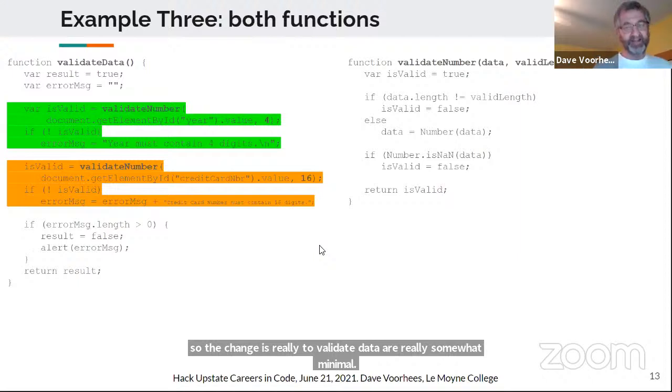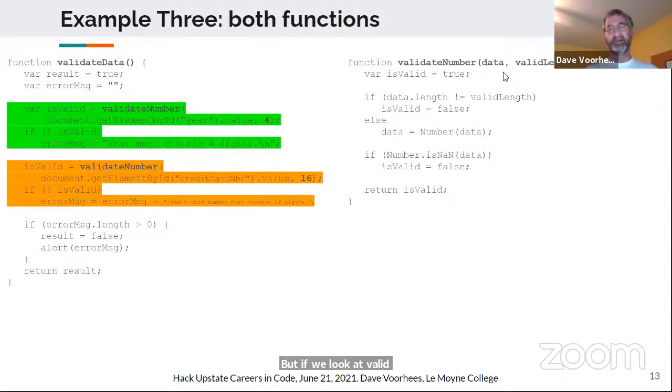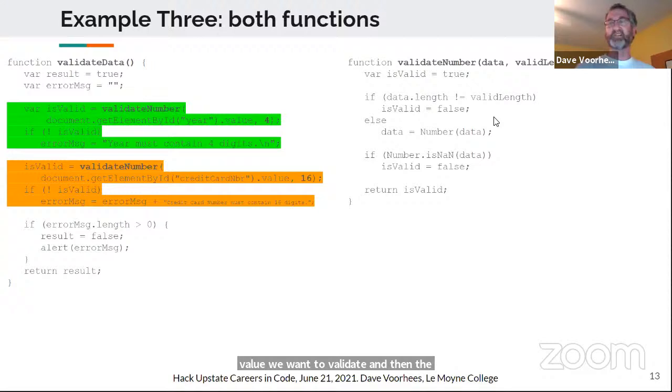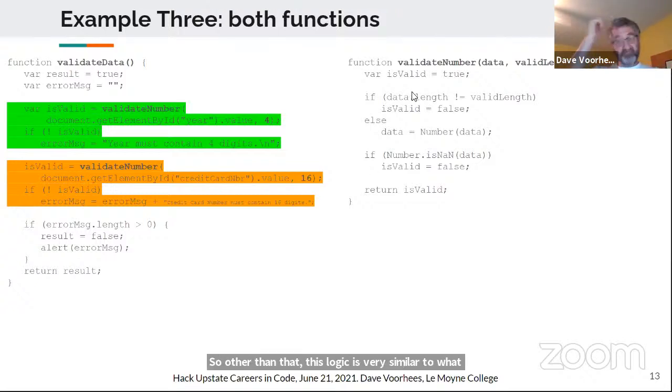But if we look at validate number, we now have 2 parameter variables: data, which is the value we want to validate, and then valid length, which tells us how many digits or characters should be in that data value. Other than that, this logic is very similar to what we saw for the validate year and validate credit card number functions. Just now it's more general.